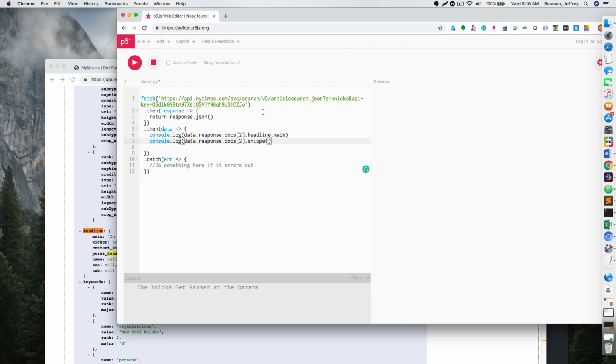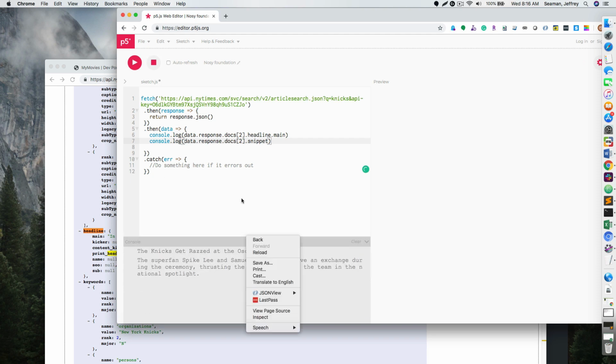Let's grab the snippet and see if that works. All right, so now you see we're getting multiple information back. We're getting the headline, which is the Knicks get razzed at Oscars, and then we're grabbing the snippet of it, the super fan Spike Lee and Samuel Jackson exchange, blah, blah, blah. I don't know what the heck that has to do with it,